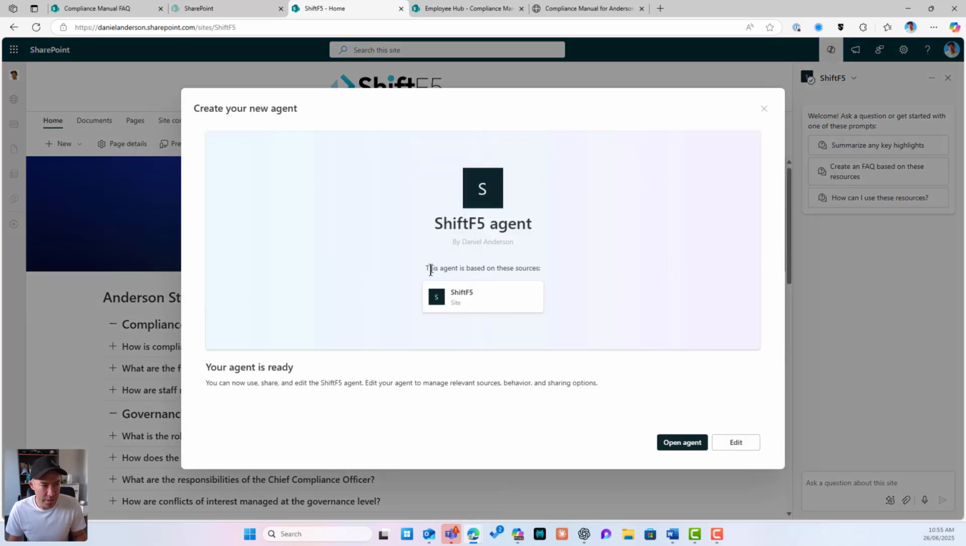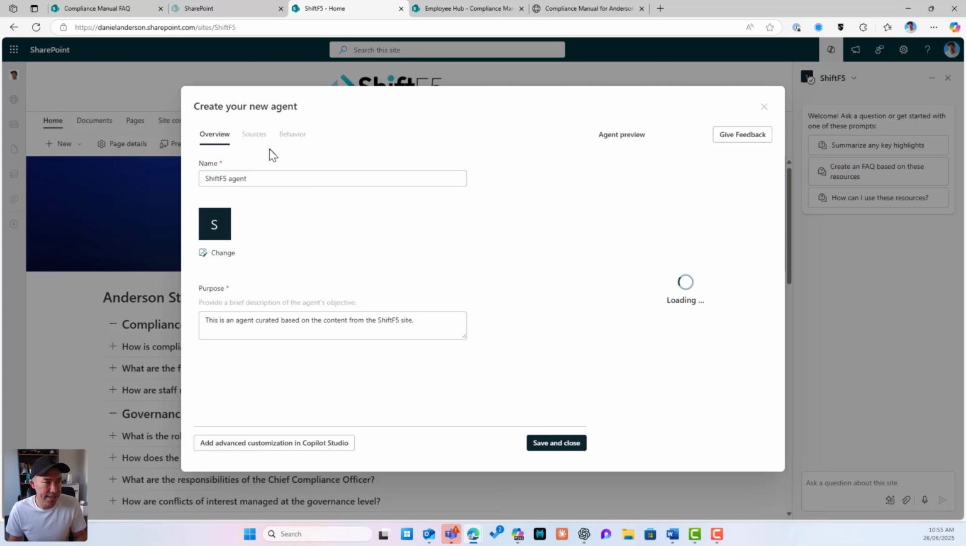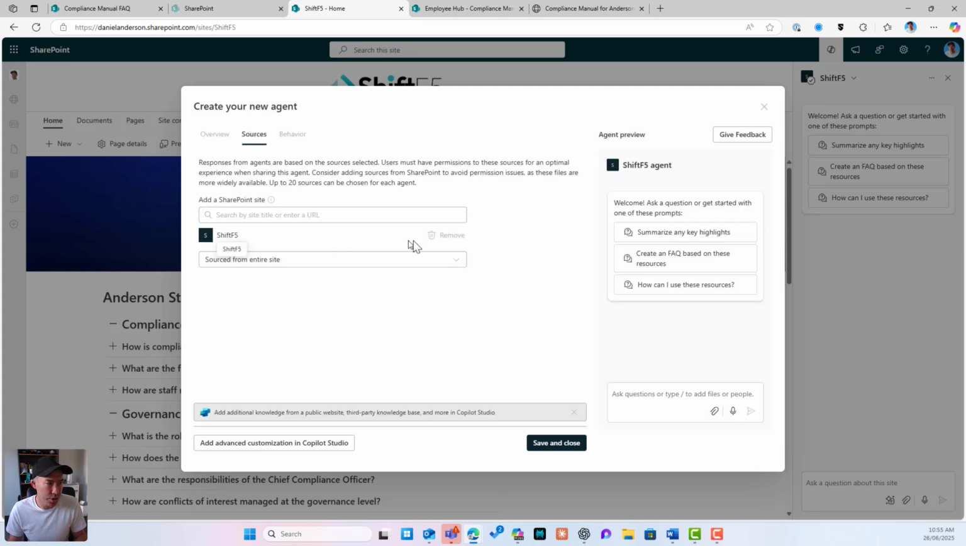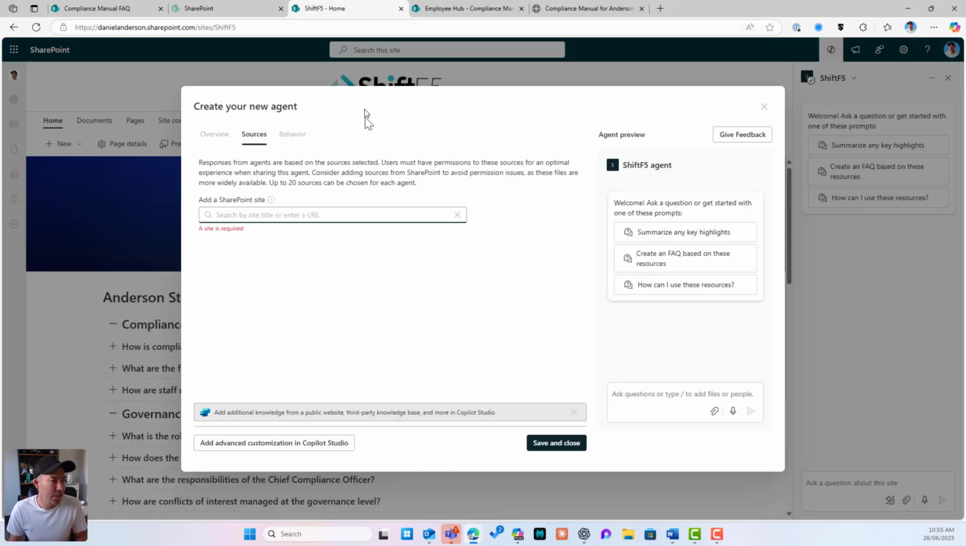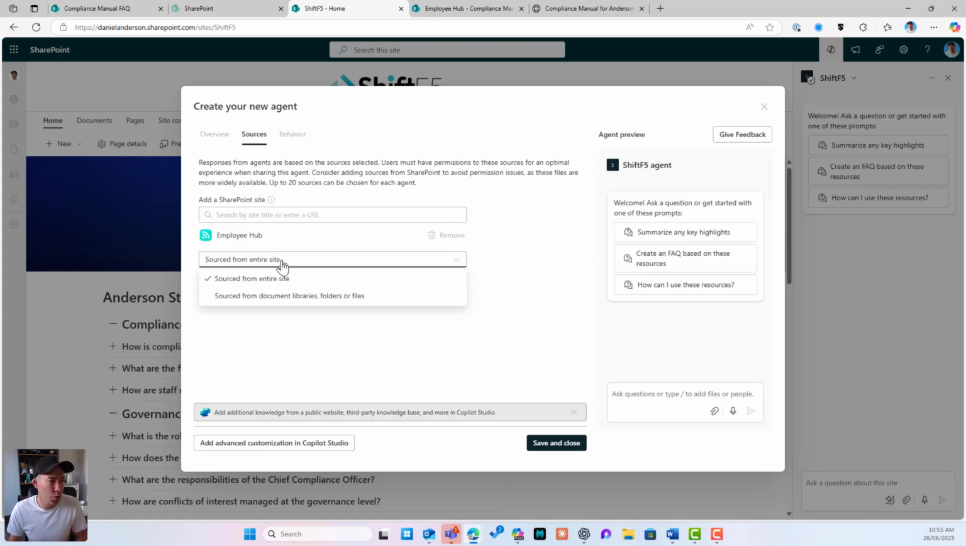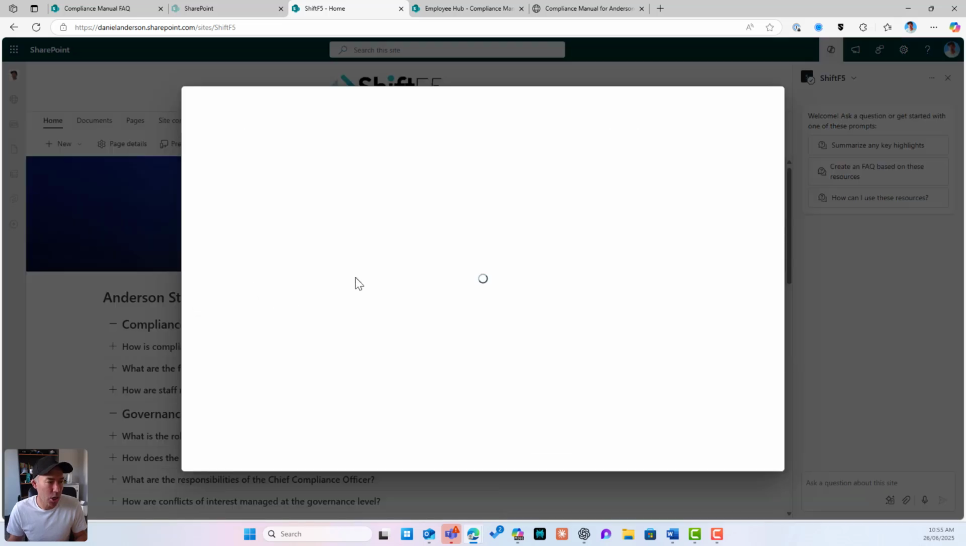I don't want this agent based on this site because the document lives in another library. I'm going to go straight to edit. I'm going to go to sources. I'm going to remove Shift F5 from the knowledge, and I'm going to add this site. All right. Actually, what we'll do, I'll add this site and the employee hub, and I want it sourced from document libraries, and I want to add a document library